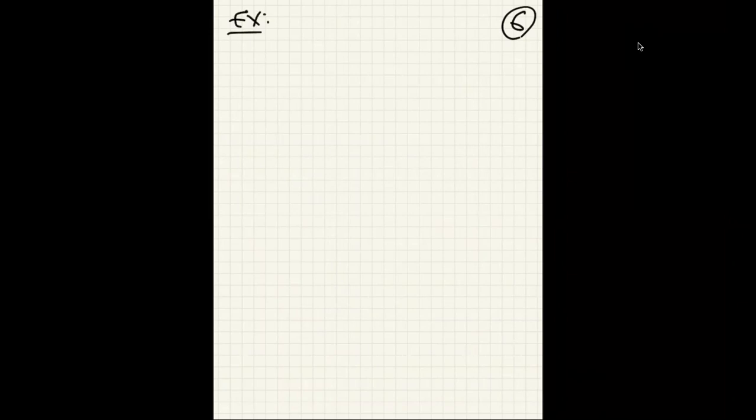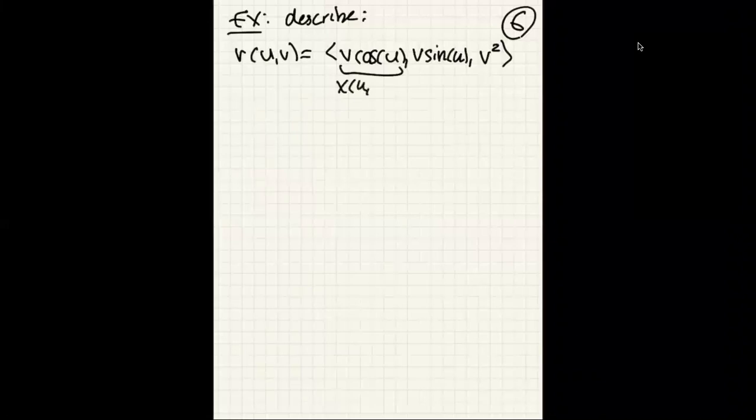So just geometrically, describe the parameterization R of U comma V equals (V cosine U, V sine U, V squared). So this is my X of UV, and Y of UV, Z of UV. I have to tell you the three component functions, again my two inputs and my three outputs. That's a parametrized surface. I should probably tell you, sorry,